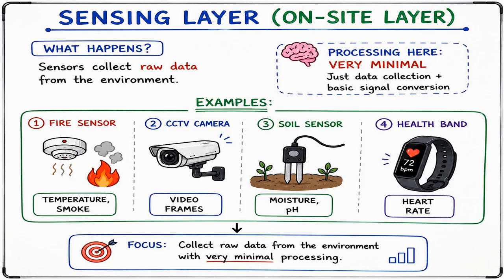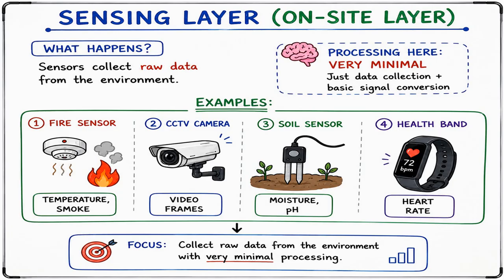So the processing at the sensing layer is very minimal. At this layer the processing is intentionally kept simple. You have data collection, that is continuous sensing of the environment parameters. Then you have signal conversion, that is analog to digital conversion using the A to D converter, and basic filtering is done, which removes noise or errors from the signal. And in some cases simple thresholding is done, where it checks basic limits, for example a high temperature